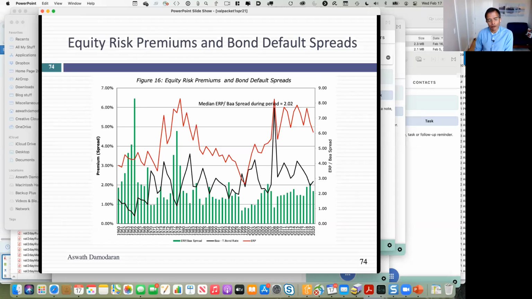Then you get to 2004, 2005, 2006. Notice that the opposite happens. The equity risk premium stays, the red line stays high. But if you look at the bond default spread, it drops dramatically. This was the Greenspan put after the 9/11 attack. And Greenspan says, we're going to do everything in the Fed to keep the bond rates low, and it kind of played out as default spreads dropping across the board. So you look at 2006 or 7, equity risk premiums are high, but default spreads have fallen to historic lows.